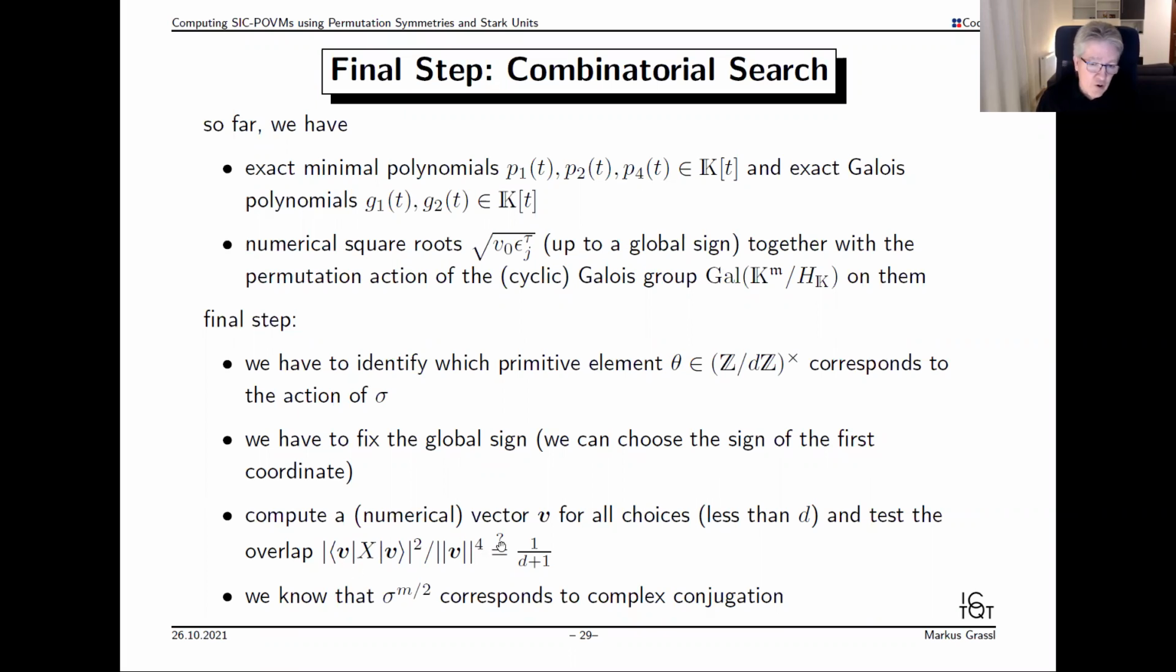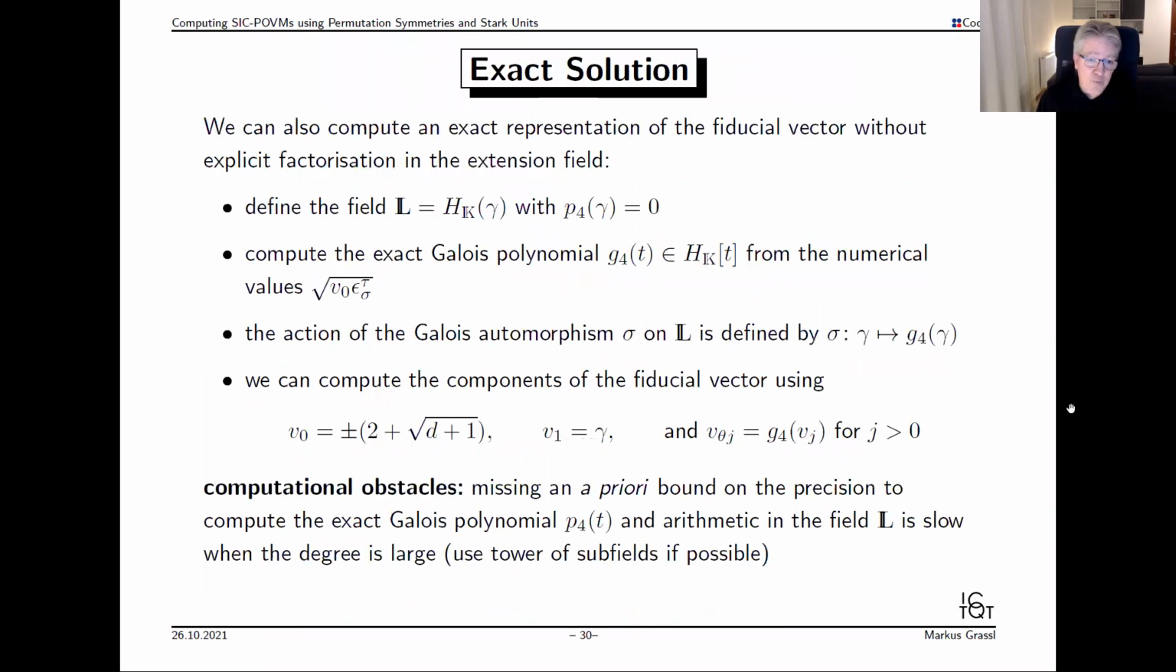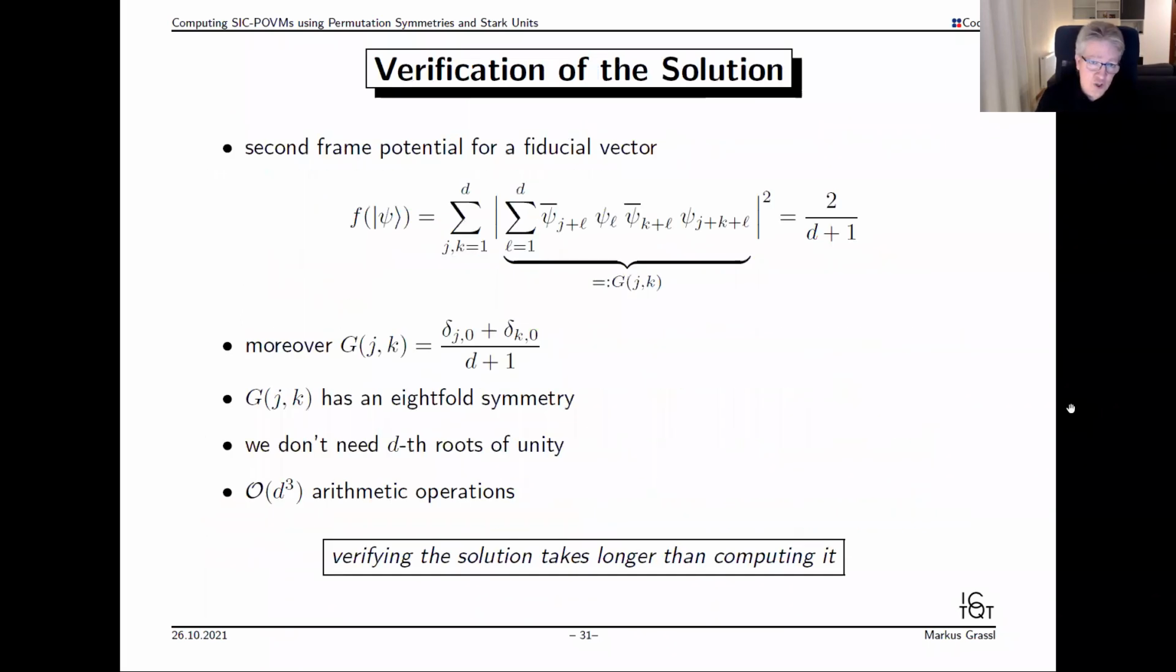And it turns out that whenever this overlap has the correct value, then we have a fiducial vector. Of course, this is just a heuristic. So the final problem is, I'm also skipping how to get the exact solution, how to verify the solution. It turns out we can make use of our frame potential,